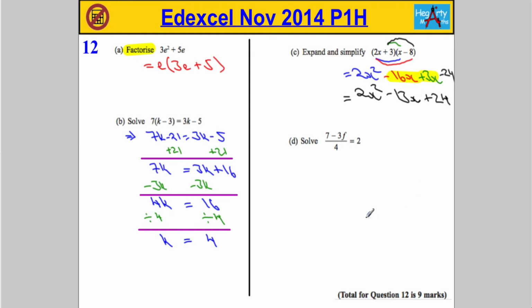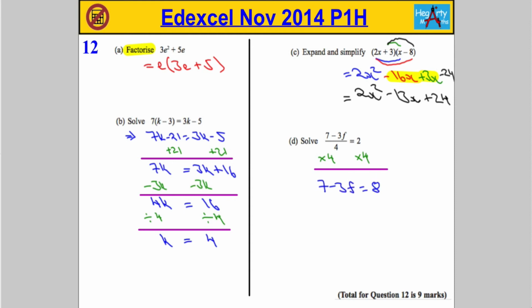And in part D, we're asked to solve 7 subtract 3f over 4 equals 2. I don't like the over 4. I don't like that divisible by 4 part. So what we're going to do is times both sides by 4 to deal with that problem. When we do, we're going to be left with, let's just straighten up that line a wee bit, 7 minus 3f